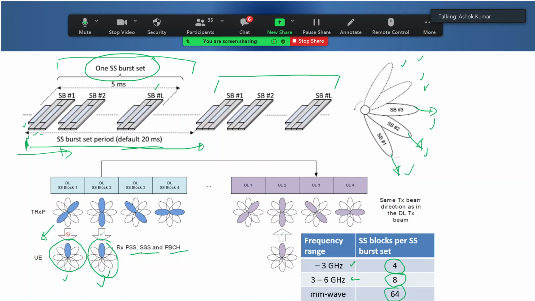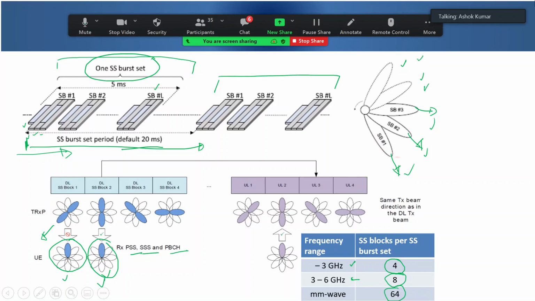Yeah, after 20 millisecond, it will repeat. So suppose one device is located at a particular position. Suppose it has received one SSB. So the next SSB it will receive after 20 millisecond in that sense. If you got my point,